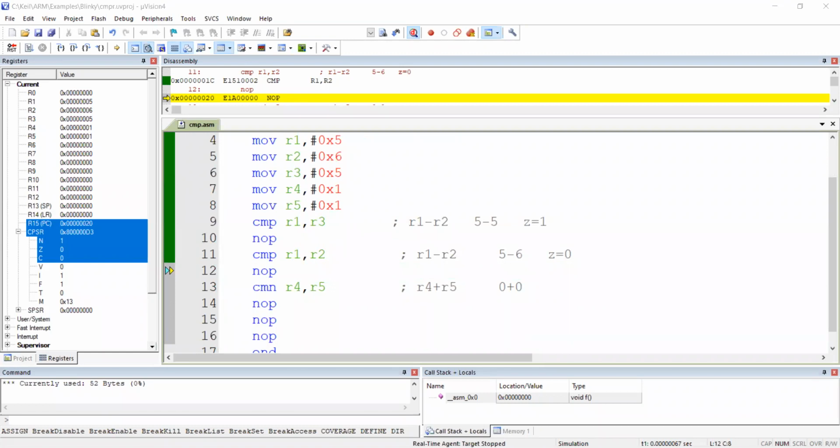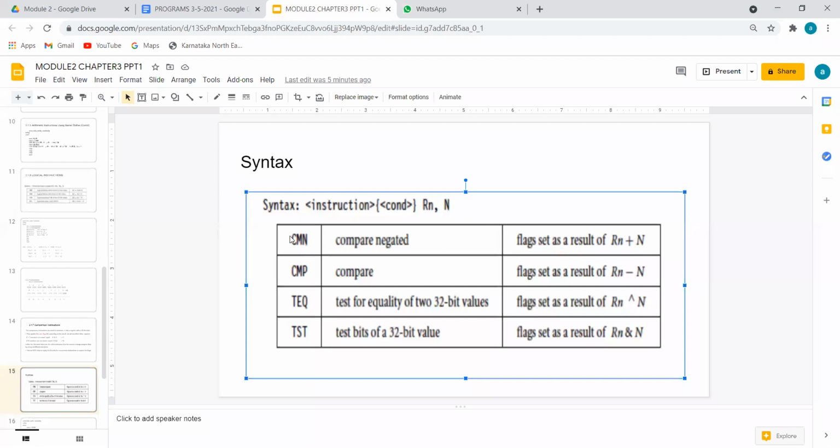Result of some operations. What is the answer? Rn plus Rm. It's an addition operation, so according to the addition, flags are set. I hope you can see this here. Okay, I think you can see now. CMN means compare negated. Compare negated means take the first number, that is Rs1, take the second number, that is Rs2, perform the addition, then check the result, that is, set the flags according to this result. So now let's go for that and continue.